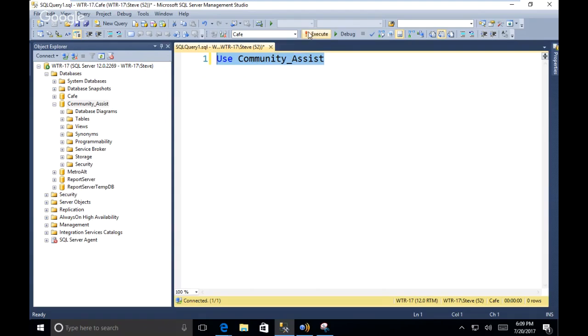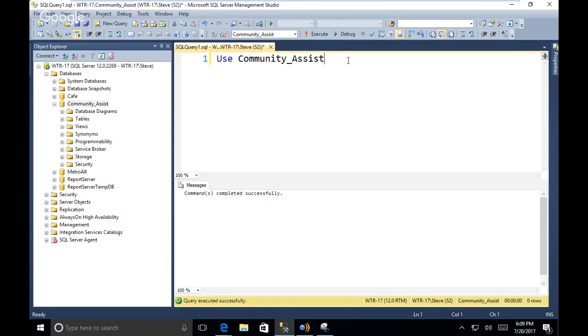Notice a little execute sign there. Use it. Don't use the little triangle. It'll go into a debug mode if you use the triangle. When I click that, it changes. Notice this little thing now says Community Assist. It said Cafe before. And I'm just going to show you a very few commands